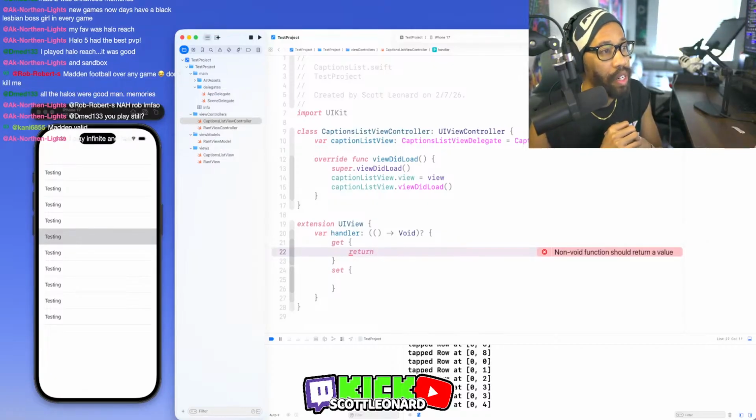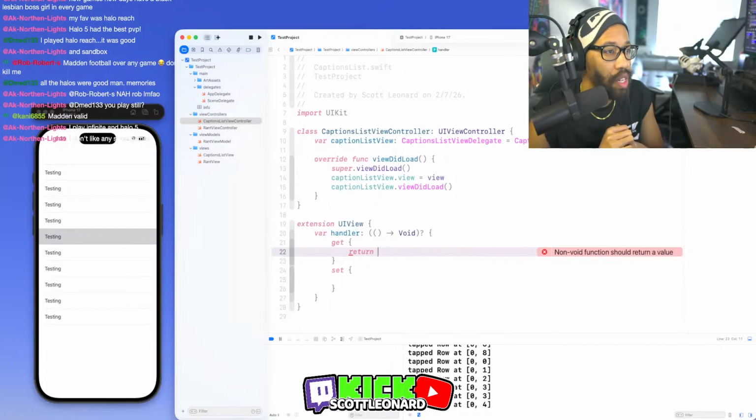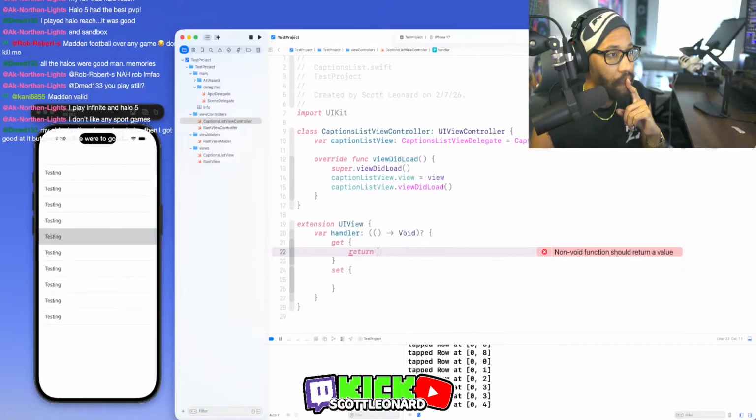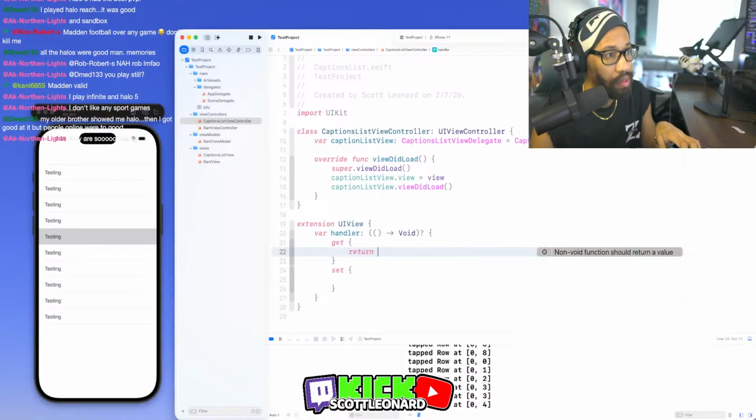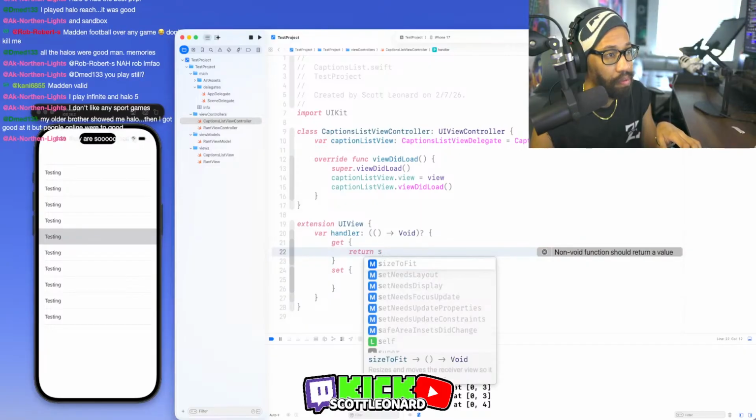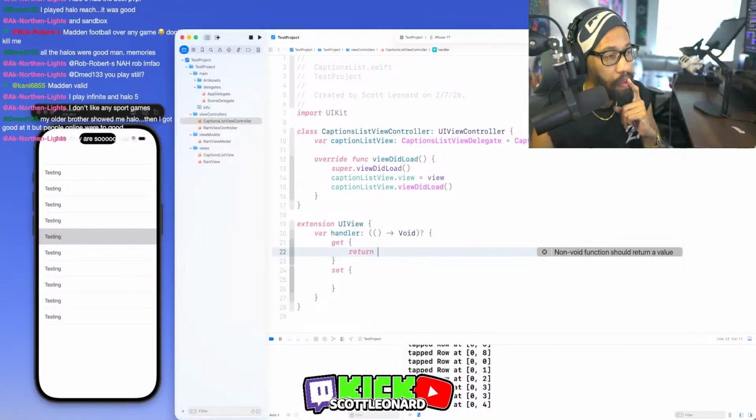What do we return here? Non-void function should return a value. We need to return, how would we return this? Because here, this is the new value. It's just going to be